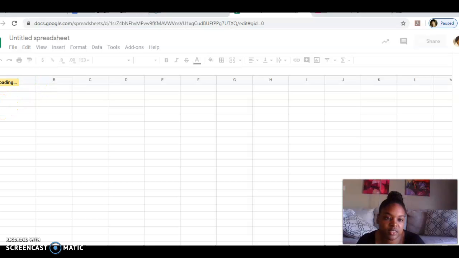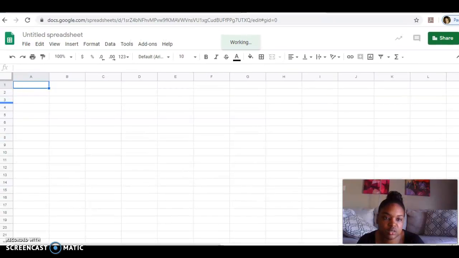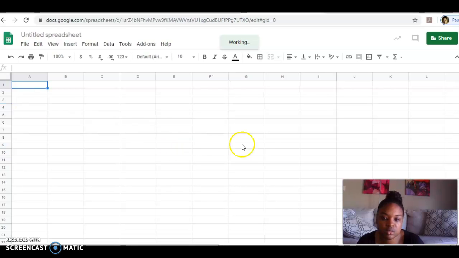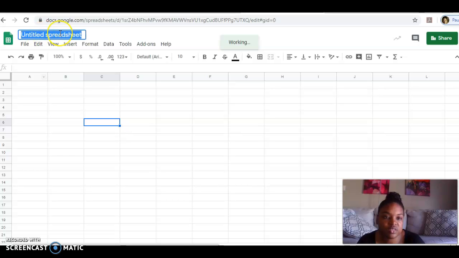So right now it has Untitled spreadsheet. So you're going to give it some title. I don't know, let's just call it cash,